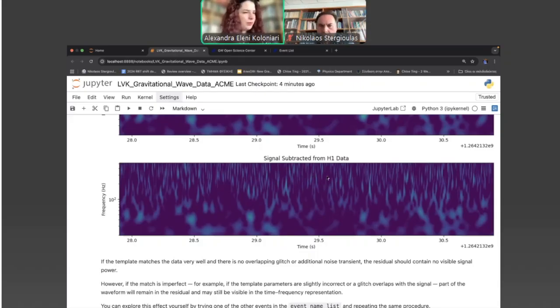I don't know if Professor Stergioulas has something to say more here. Yeah, so at the moment in AresGW, we are using known waveforms that are produced by specific waveform models, but other approaches include a more agnostic approach where you generate wave-like disturbances.